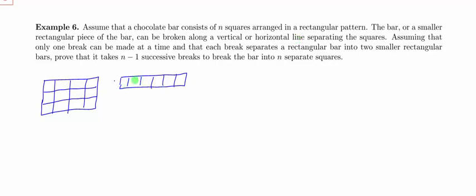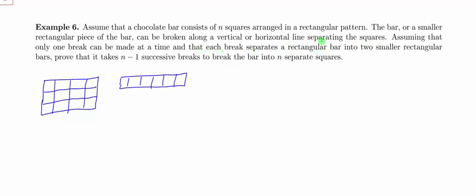So if I have the squares just next to each other, I'm only going to separate along those vertical lines. If we have a more standard rectangular grid of chocolate, then we'll have both the vertical and horizontal lines. So we're not going to make any breaks diagonally. We're going to assume that it breaks cleanly across those lines, and we're not trying to break it in any other way. And only one break will be made at a time, and each break separates that rectangular bar into